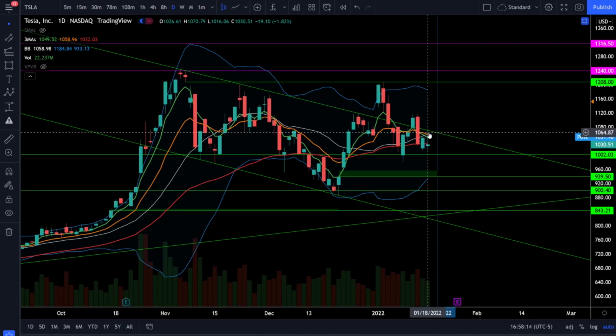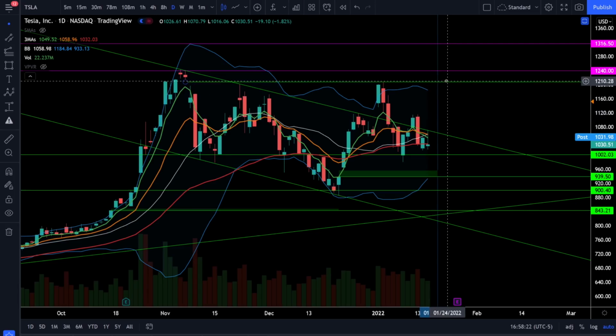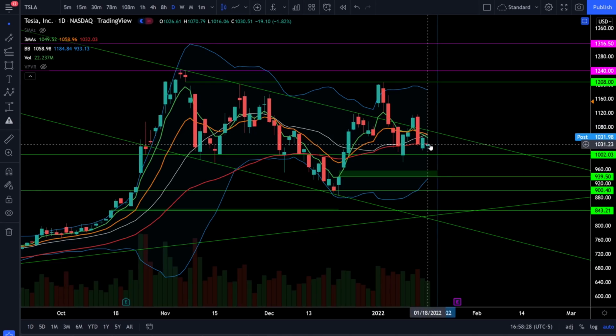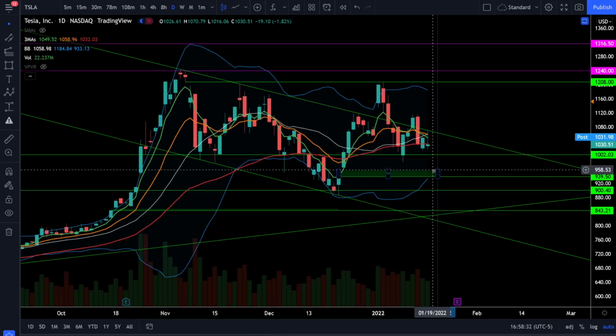The bullish breakout will be back above 1070, and if we can break out back above 1070, we'll need to break out through resistance at 1107, and then we could start to see another bull trend that could take us back into the 1200s. But right now we're losing the bull trend and we're losing some critical support, so be cautious to the downside and look for the potential breakdown below 1000 for a quick trip to close the gap